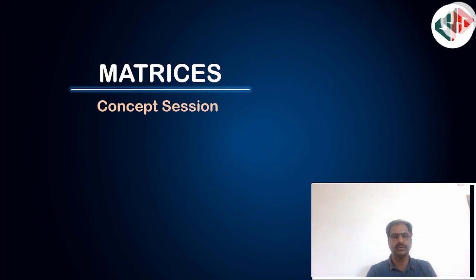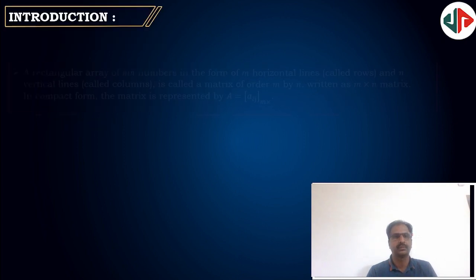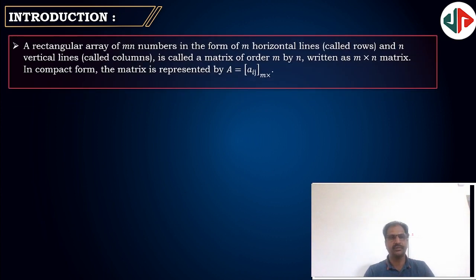Now we are going to discuss the matrices concept session. What is the definition of a matrix? A rectangular arrangement of numbers. An arrangement of numbers which are arranged in the form of a rectangular array like this. Rectangular array means